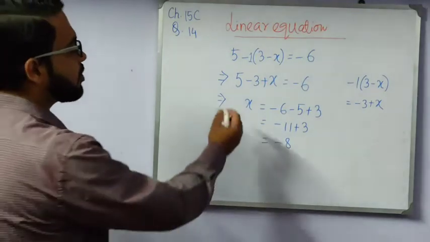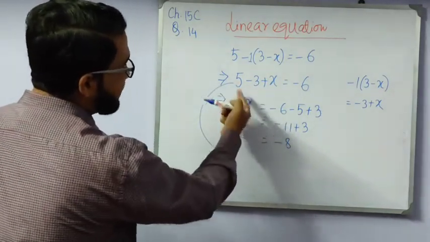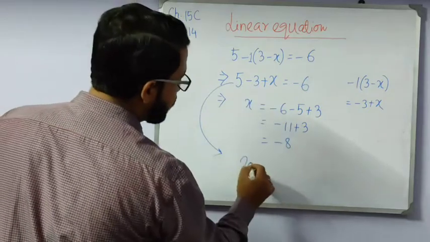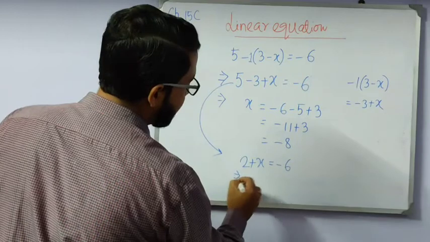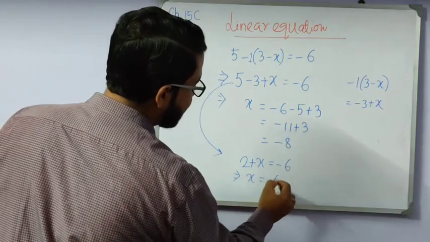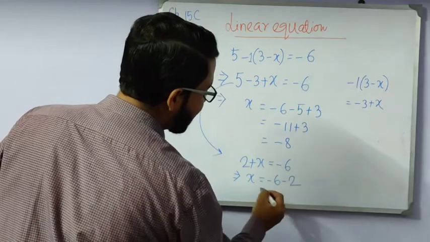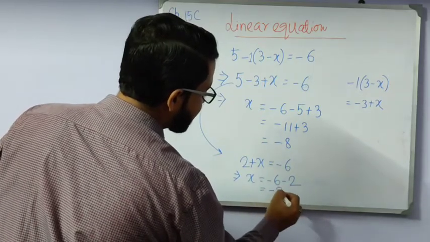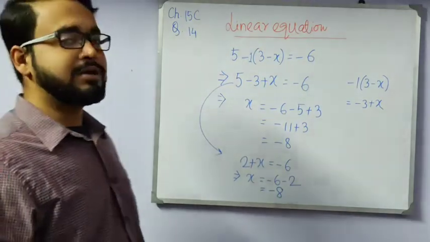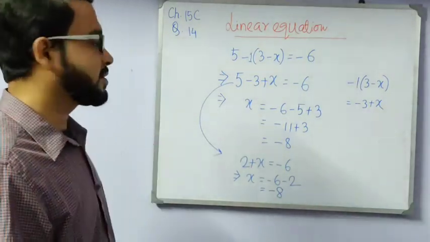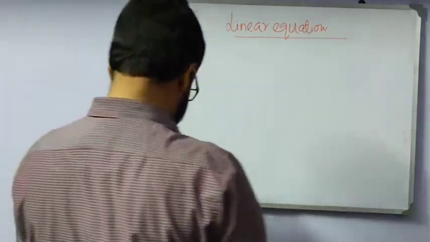You can also do it here in another process. In the next line you can write 5 minus 3 means 2 plus x is equal to minus 6. So x is equal to minus 6, this plus 2 comes here by changing its sign, minus 8. Which one do you like most? Comment me. Next, question number 20 from the same chapter, that is